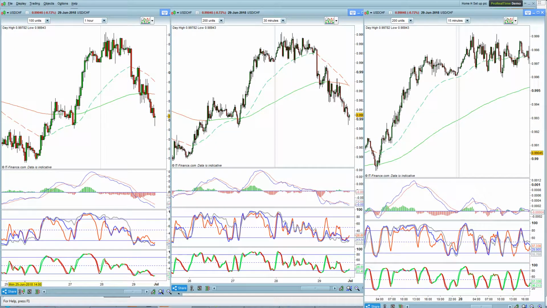Is we're going to do a review of a typical setup when you see it coming. This is a unique one. This has positive divergence on the lowest time frame, which is going to be a 15-minute. And what you want to do when you see this positive divergence is take the trade, because